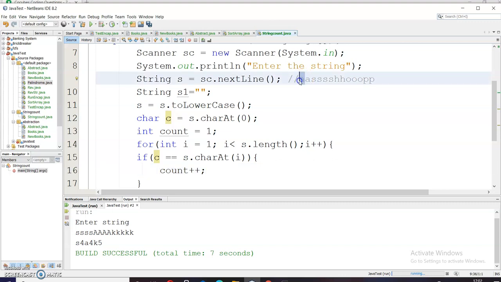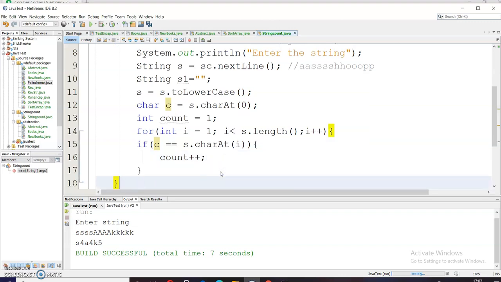So in our case, firstly A will be stored in the character c, and then this loop will execute, and the program will get to know that A comes 2 times. So this will be stored in the count variable. So now the count variable will be 2. So now in the else part,